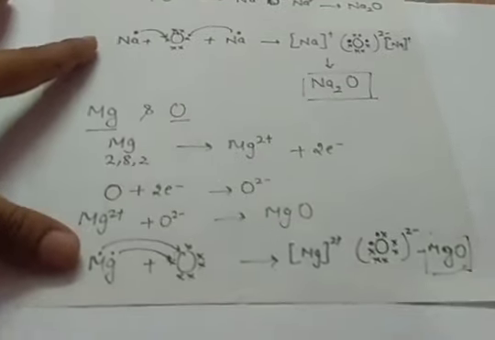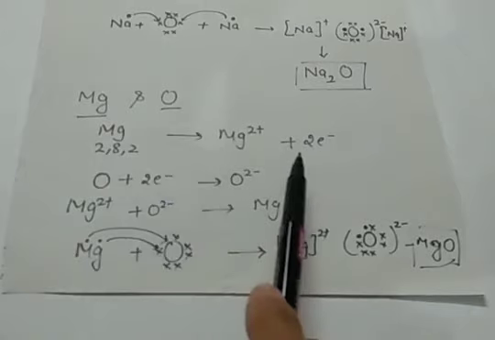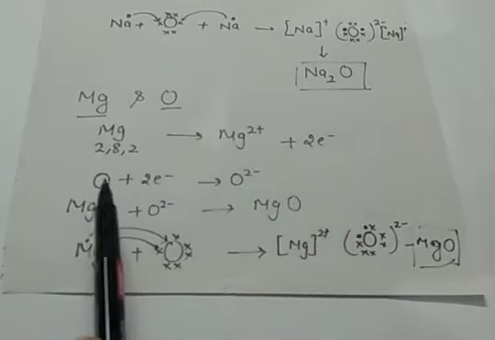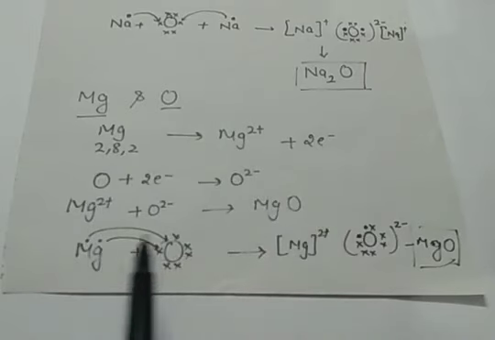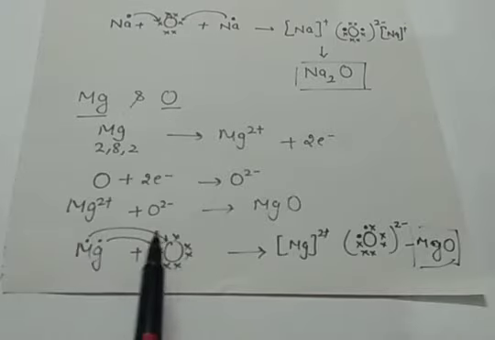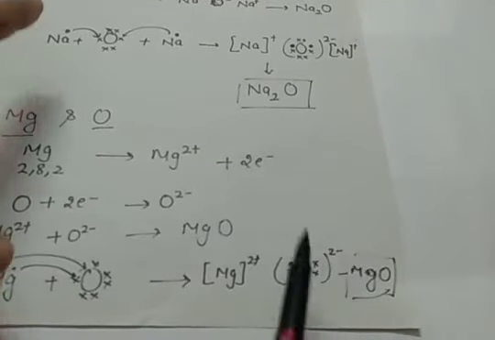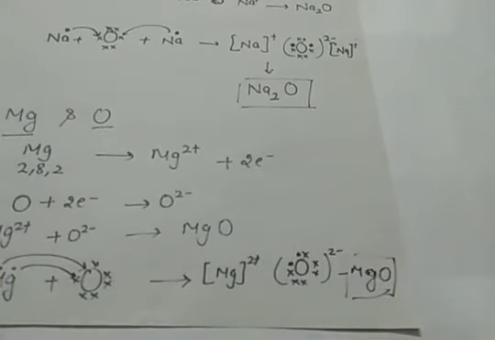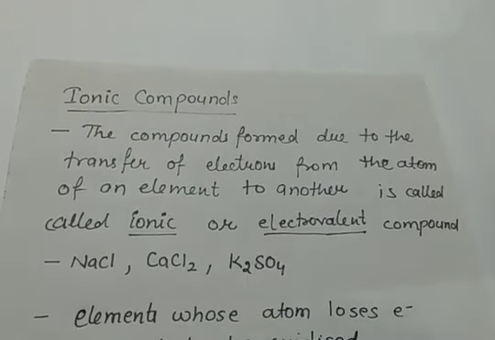Another example we can have is magnesium and oxygen. Magnesium can lose 2 electrons and oxygen can gain 2 electrons. Hence with the help of this electron dot structure, you can see that 2 electrons of magnesium are transferred to the last shell of the oxygen, and hence it becomes Mg2+ and O2-. So the MgO compound is formed. Here we have seen the complete transfer of electrons from one atom to another atom of the element.